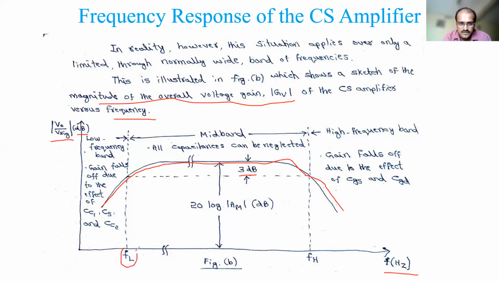So that is the lower frequency we call. We considered F1 and F2 there; here we call them FL and FH. FL means the lower cutoff frequency, and FH is the higher cutoff frequency. In between I have used some dashed terms like this, which means it is a continuation. So it is a logarithmic scale.